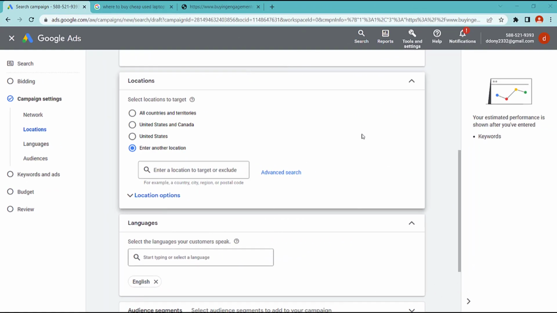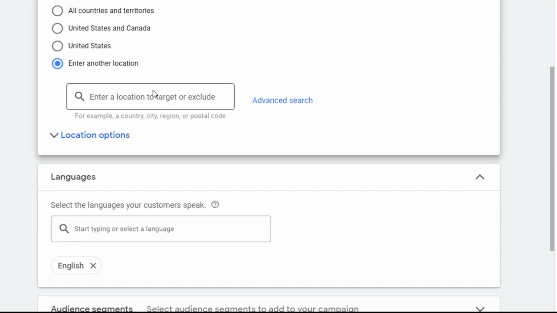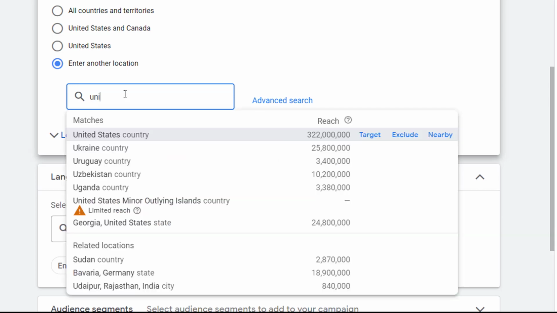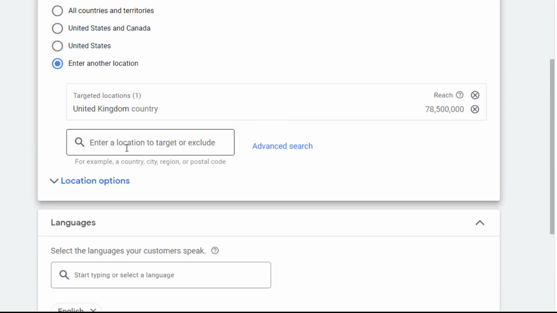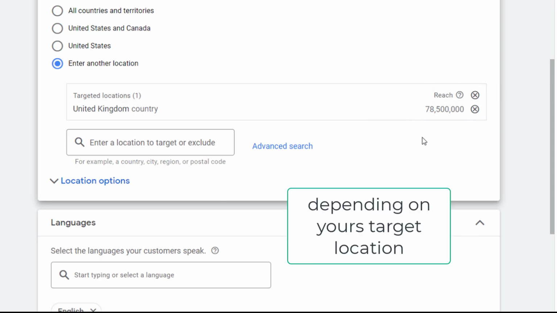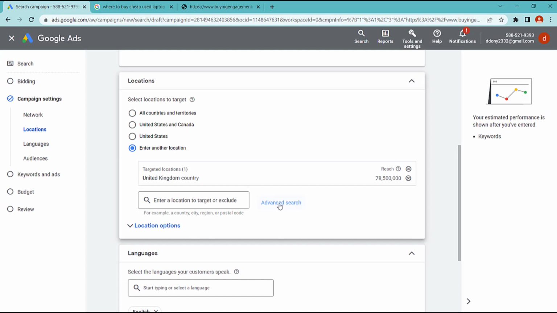Okay, we are now in setting location. For setting location, you can choose to enter another location. You can choose, for example, a country, city, region, or postal code. You choose a country like United Kingdom. In here you can see how much your ads can reach, or you can choose advanced search.